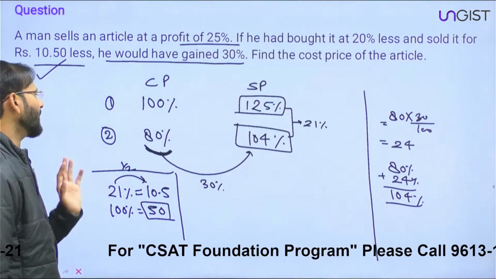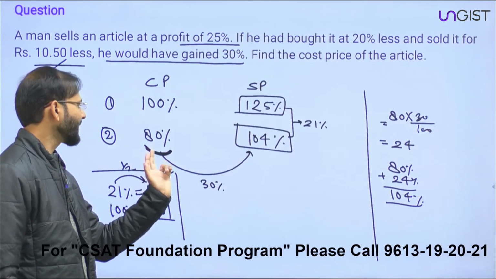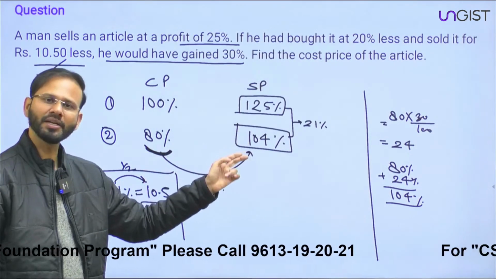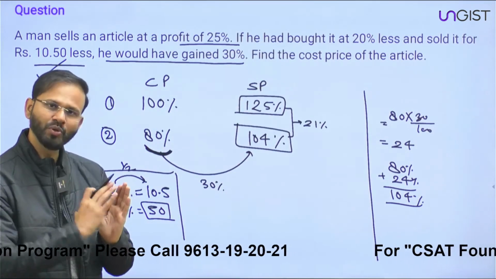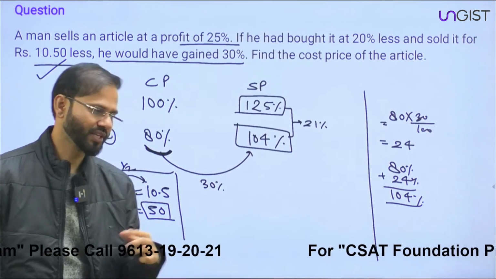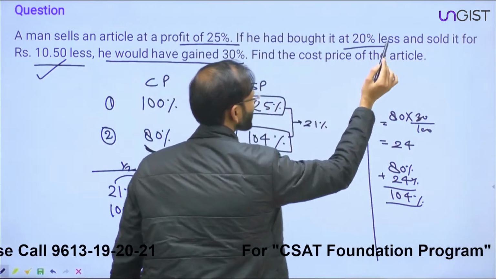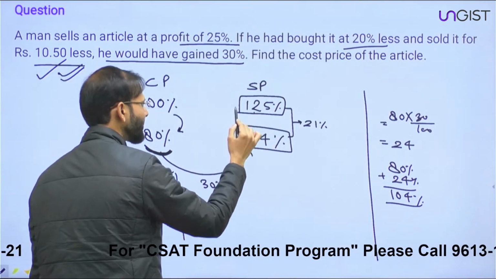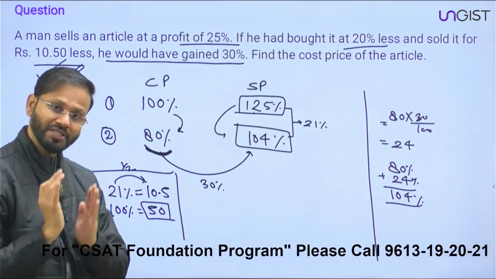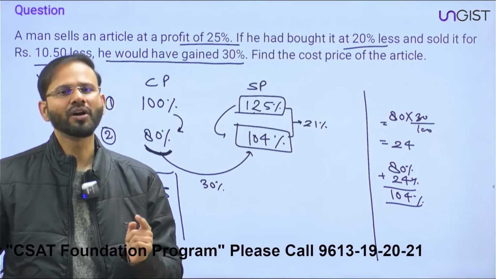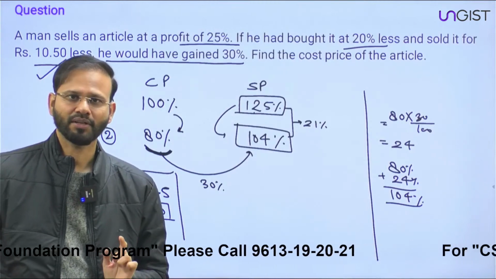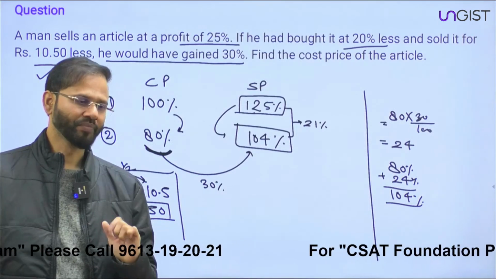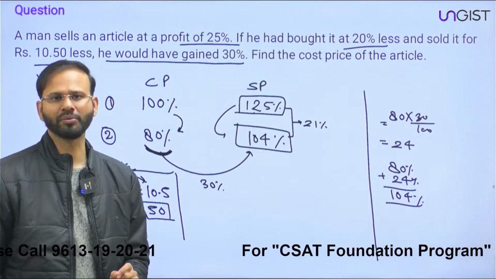देखिए मैं आपको एक बात बताता हूँ, इसमें यहाँ पे 80 आया था, अब मैं 80 में डायरेक्ट 10.5 सब्ट्रैक्ट नहीं कर सकता। उसका रीज़न ये है कि परसेंटेज से आप परसेंटेज ऐड करेंगे या परसेंटेज में परसेंटेज सब्ट्रैक्ट करेंगे। आप परसेंटेज में रुपीज़ नहीं ऐड करेंगे या सब्ट्रैक्ट नहीं करेंगे। जैसे लिखा हुआ है ना कि इफ़ यू हैड बॉट इट 20% लेस एंड सोल्ड इट फॉर 10.5 रुपीज़ लेस, तो 20% लेस करके आपने 80 कर दिया। अब इसमें मैं 10.5 लेस करके यहाँ नहीं लिखूंगा, इसको समझिएगा। परसेंटेज में परसेंटेज का ही प्लस माइनस आप करेंगे और रुपए में आप रुपए का प्लस माइनस करेंगे, राइट। सो क्वांटिटी का ध्यान रखिएगा, ये परसेंटेज है या ये अमाउंट है या ये क्या है, इस चीज़ को जरूर ध्यान रखिएगा गाइस, बिकॉज ये एक बहुत बेसिक सी एरर है जो हो जाती है इस टाइप के क्वेश्चंस में, राइट।